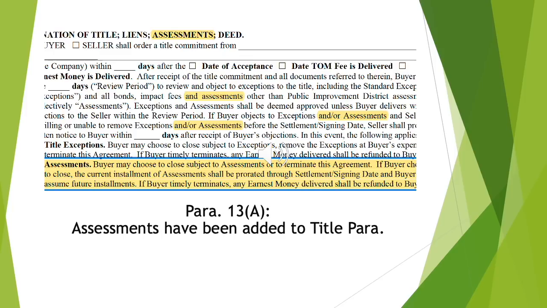And it breaks it down. You'll see there's two sections now. There are objections to title exceptions. So buyer may choose to close subject to exceptions, remove the exceptions at buyer's expense, or terminate the agreement. If buyer timely terminates, it talks about earnest money. That was always there. Underneath there is an assessment objection period, and that's not different than what we had